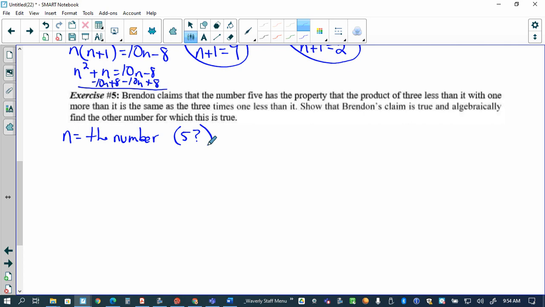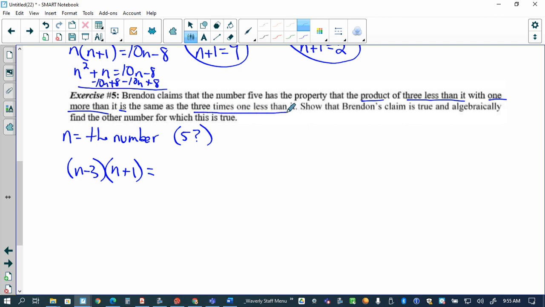It's a product, so we're going to be multiplying a couple of things. The product of 3 less than it. If the number is n, how do you write 3 less than it? n minus 3. The product of n minus 3 with what? 1 more than it is, n plus 1, equals